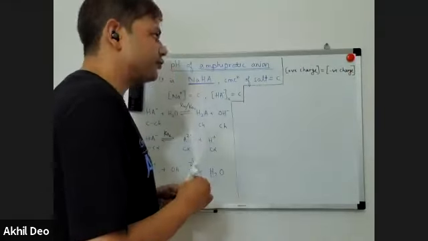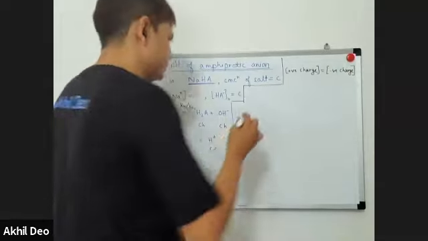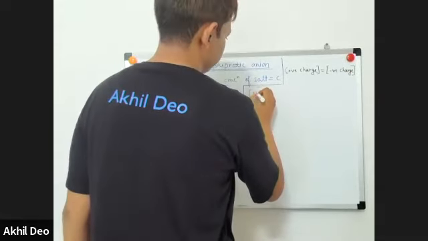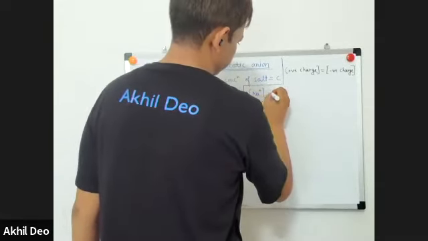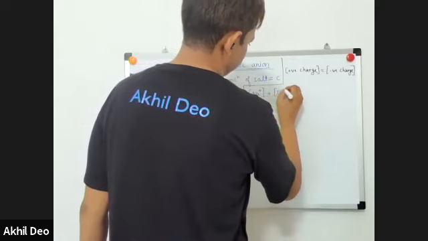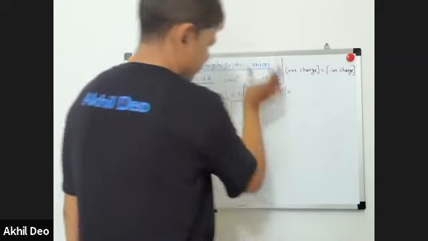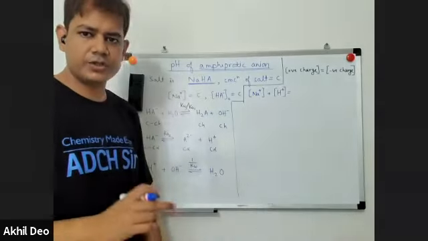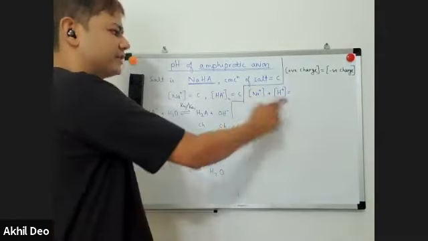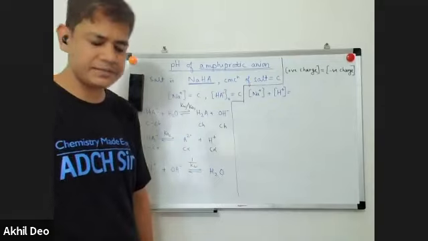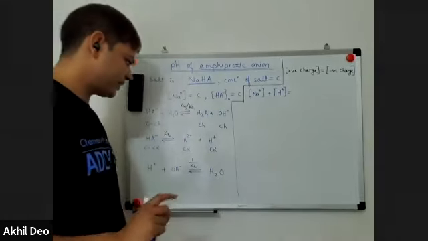Let us write the cations that are present in the solution. What are the different cations present in the solution? One cation is Na+ and another cation is H+. These are the only two cations present in the solution. The total concentration of positive charge should be equal to the total concentration of negative charge. Anions,